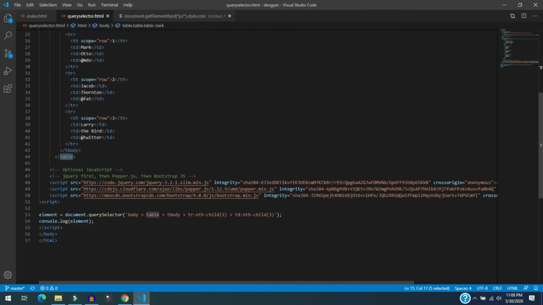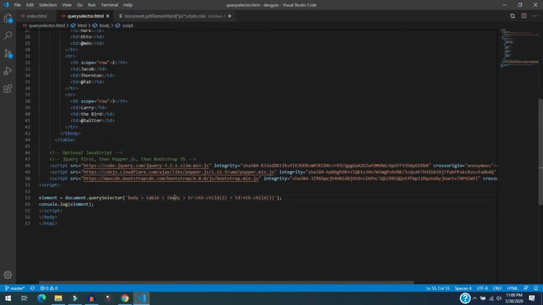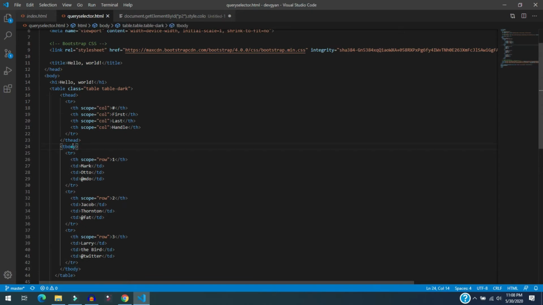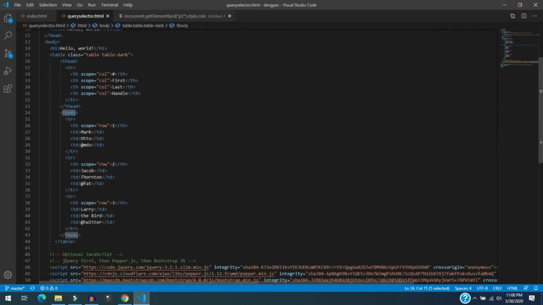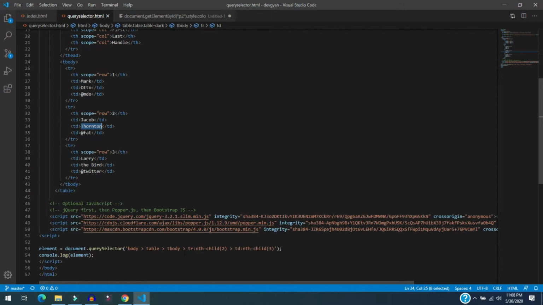This will find a table, and then third it finds the tbody, because you can see here that they are the tbody, and since we are going to select this one in the tbody, it will try to find the TR. Of course there are lots of TR, but since I'm going to select only the second one, not the first TR but the second TR, here I have written nth-child 2. So it means that the second TR will be selected, so it is selected.